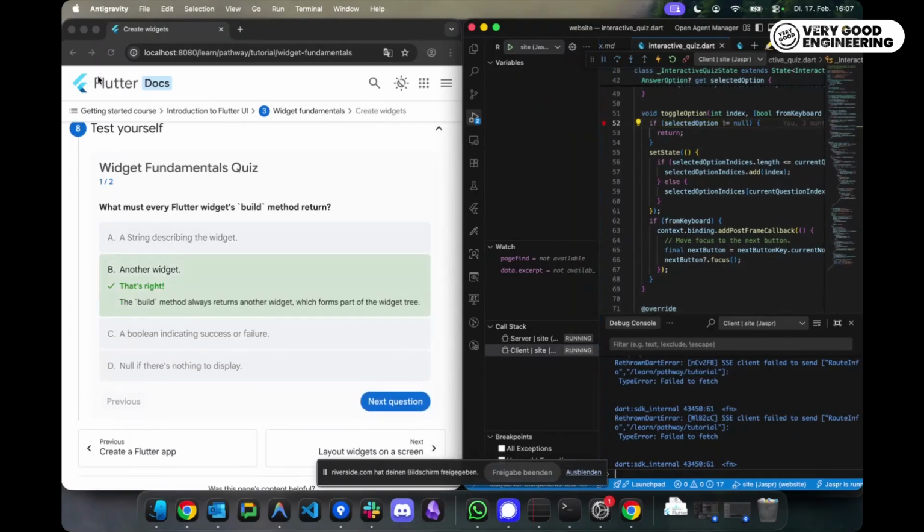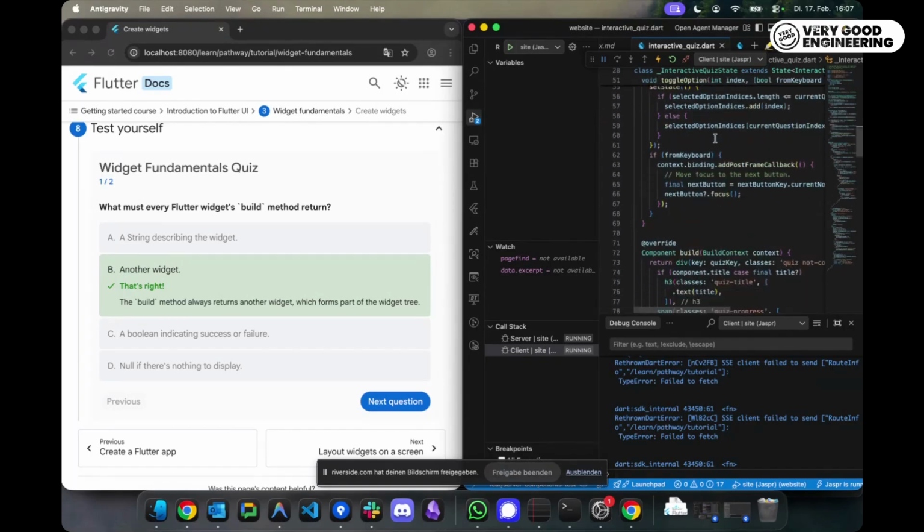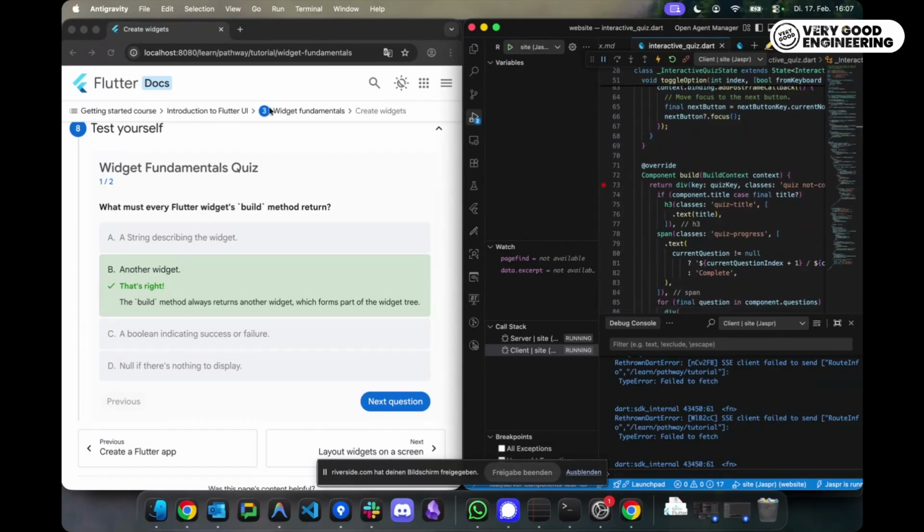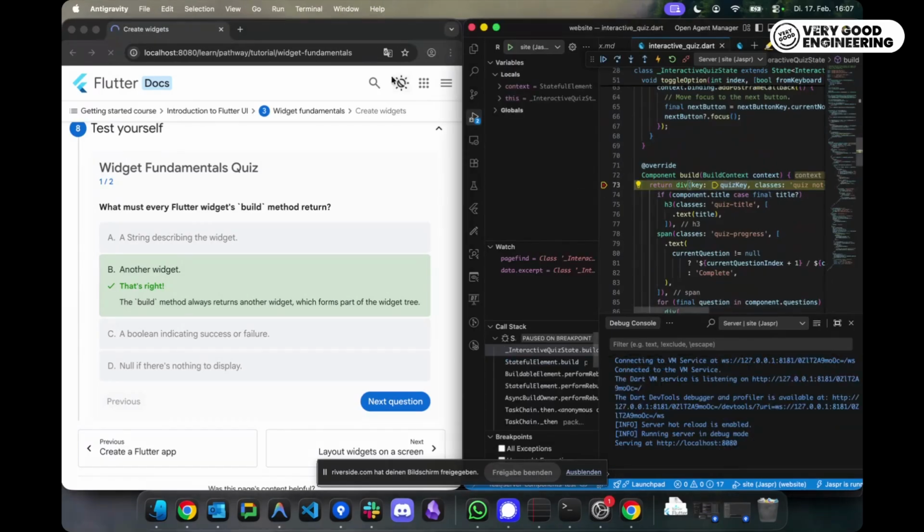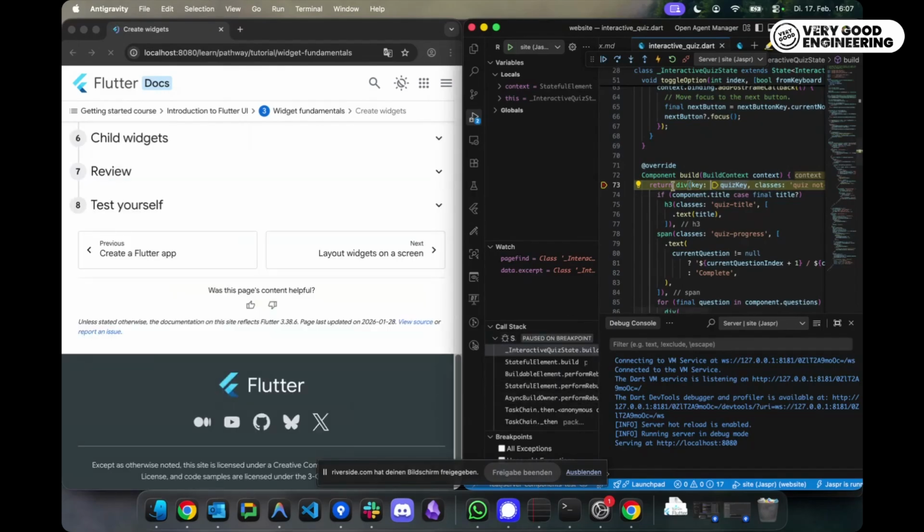And if we now reload this page, or let's actually put the breakpoint in the build method, because I want to show, if you reload this page, this breakpoint actually gets hit twice. So it gets hit first on the server while server-side rendering, right? This build method is executed on the server to server-side render this component. And if we continue, this gets hit again on the client when the app starts on the client and the interactivity kicks in. Makes sense, yeah.